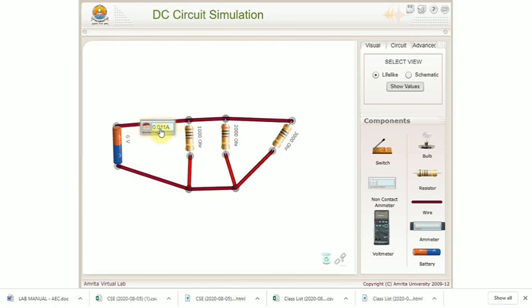And again I am dragging it and placing it across this branch. If we place it over here, it's showing 6 milliampere of current flowing through this 1 kilo ohm branch. Then again I am placing it over here for the second branch, it's showing 3 milliampere, and for the third branch it's showing 2 milliampere. So 6 plus 3 plus 2 is 11. So your source current is 11 milliampere. In this way we can verify Kirchhoff's current law.